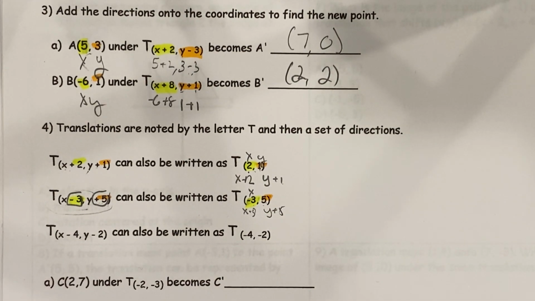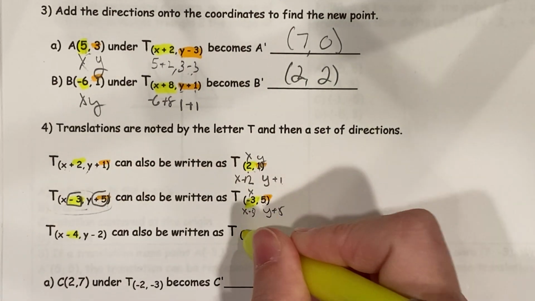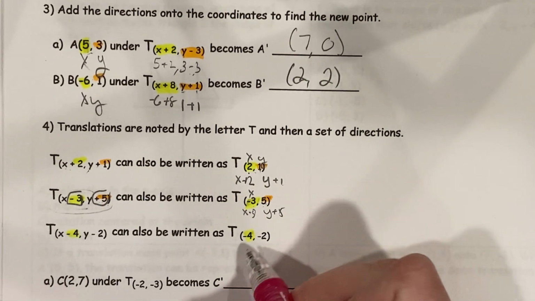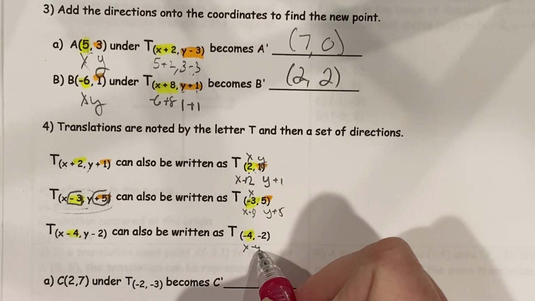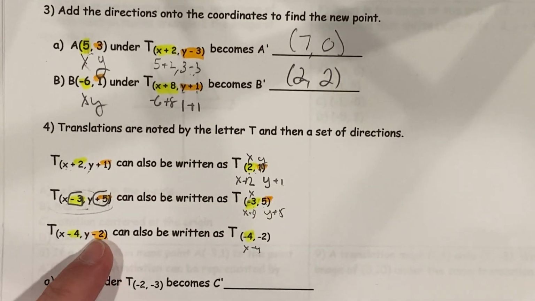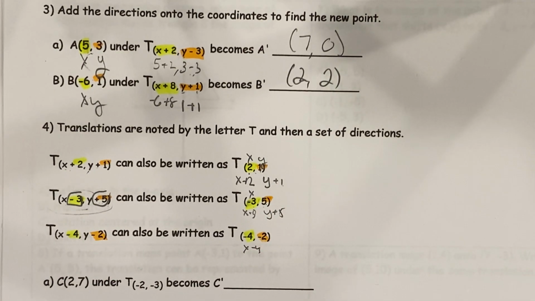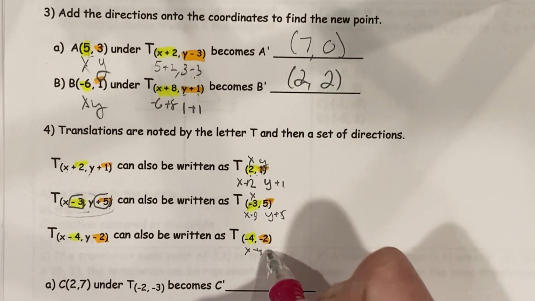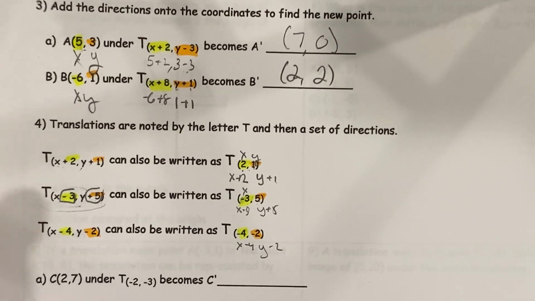So x minus 4, they simply just write as negative 4. And they expect you to know that this is the x value, so you'd be subtracting 4 from it. And then here, your y is negative 2. Notice they just write the negative 2. Okay, because that really means y minus 2. So I want to practice a couple